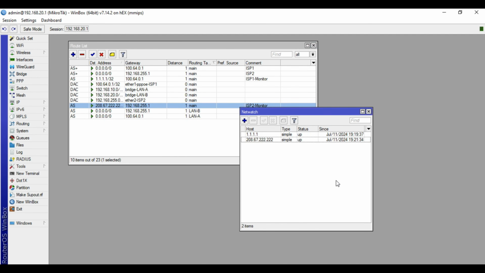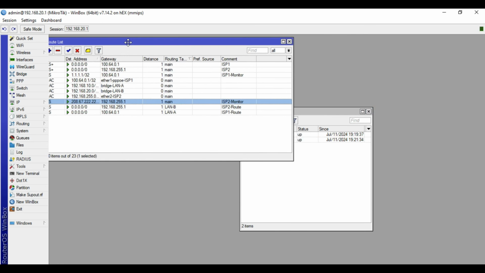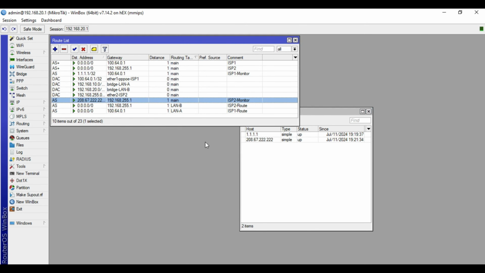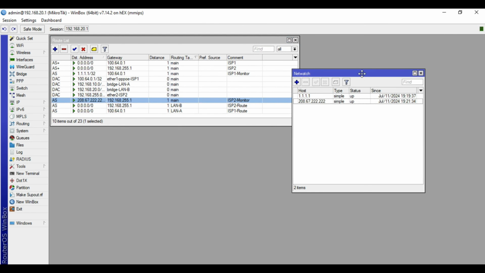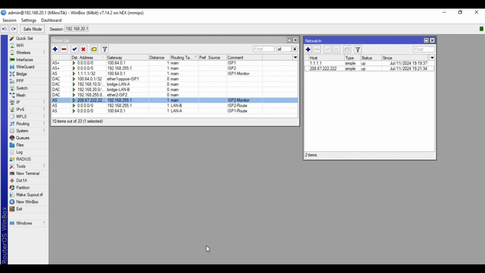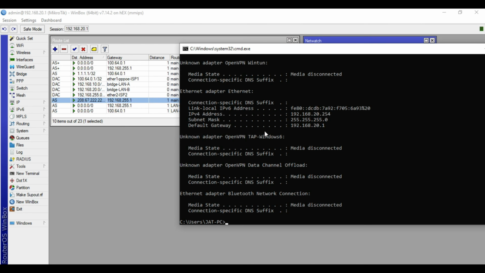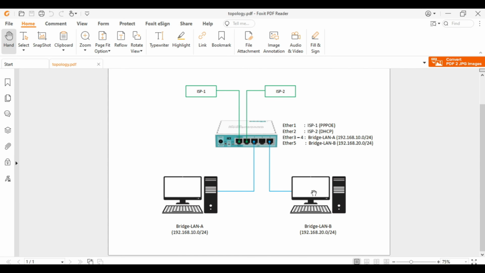Let's now test the connection. My laptop is in the LAN B network. Therefore, since it's LAN B network, it will be routed by default, based on the route rules, to ISP2.